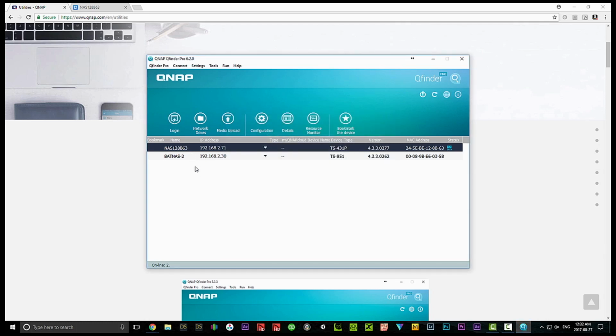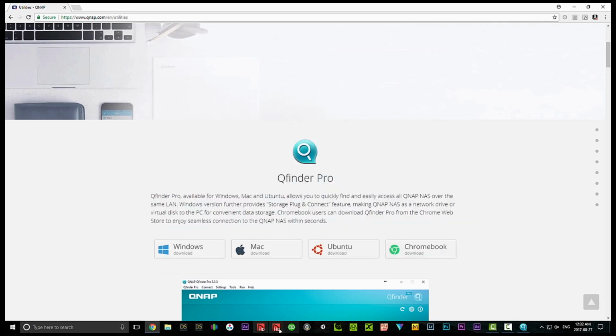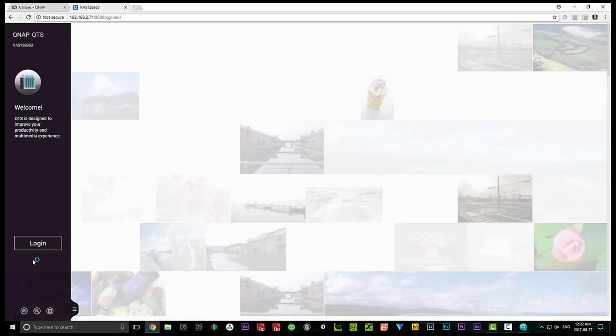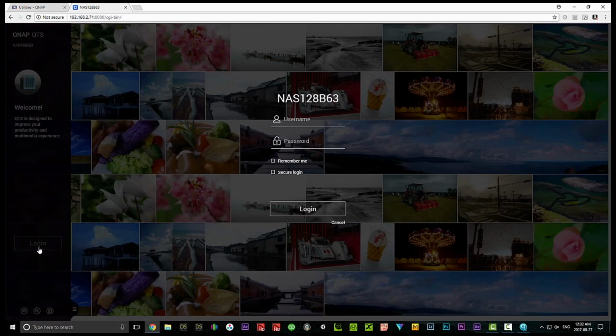As you can see, there are 2 NAS units that I have, and those are the IP addresses. Of course, I'll block them out so you guys don't see it. They're internal IPs anyways, not much harm can be done, but still I'll block them out. Here is the name and IP addresses. So what we'll do is open this one. This is the one that needs to be set up, so I'm just going to double click it. It will open up. So we'll log in